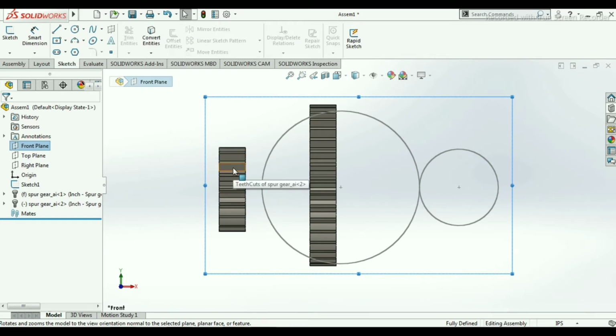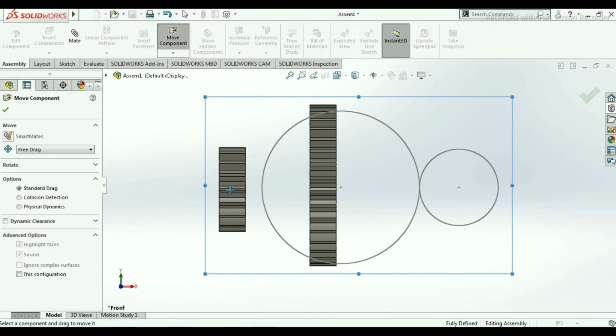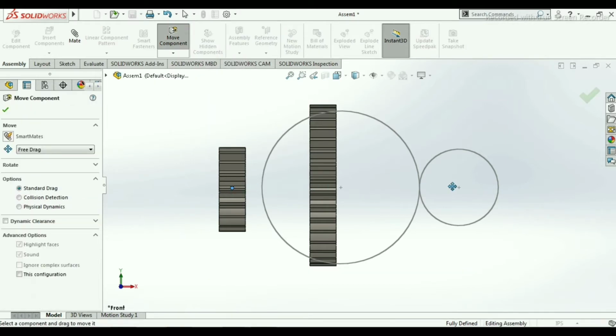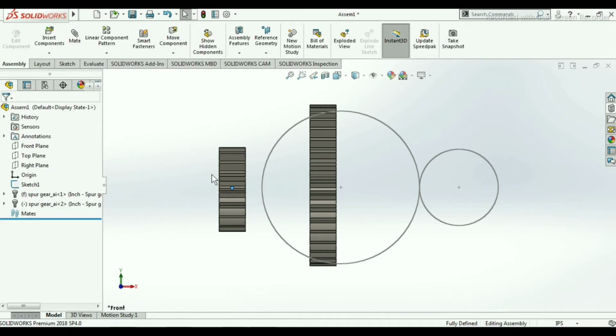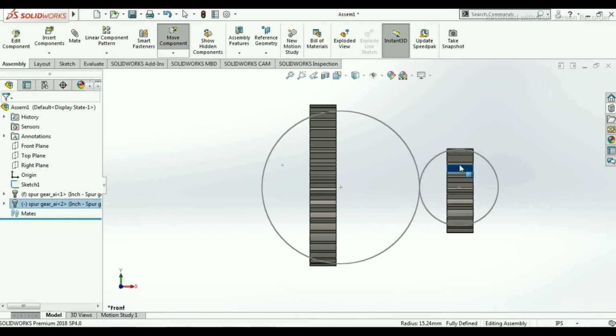So in this case I am clicking on assembly, and here assembly one option is there, move. So I am moving this component. So if you see that it cannot move, so I am just going to move randomly.